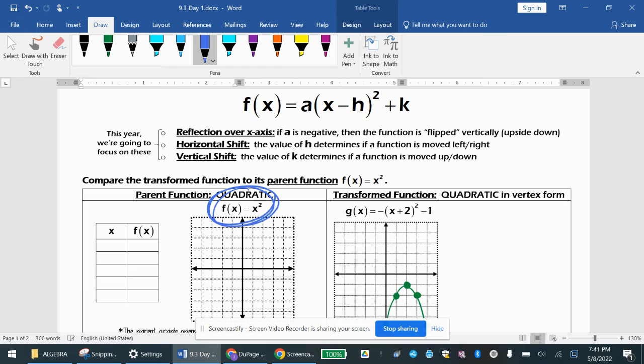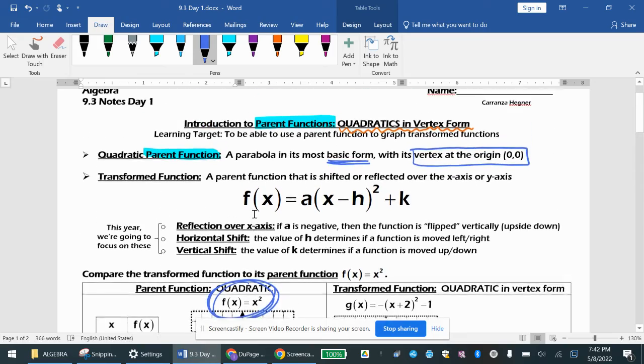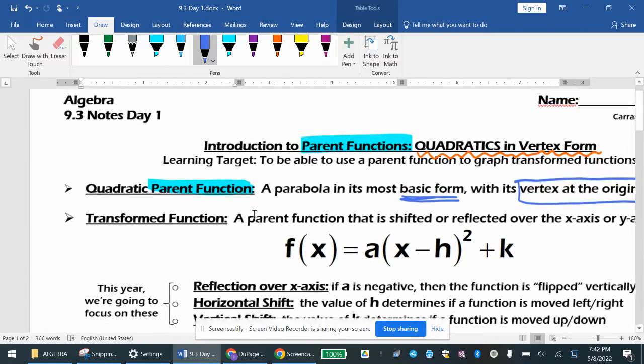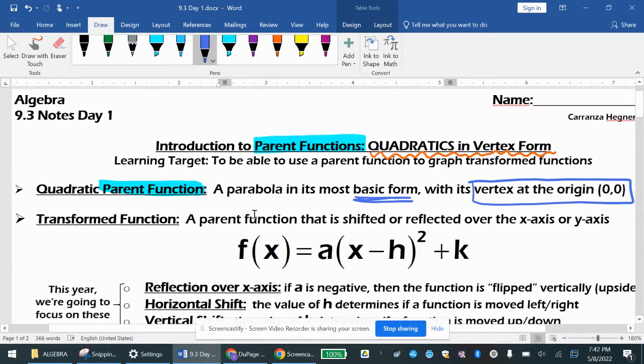It's f of x equals x squared, okay? So it's the most simple way to write the equation for a parabola. Okay, but that's a parent function. So a parent function is the